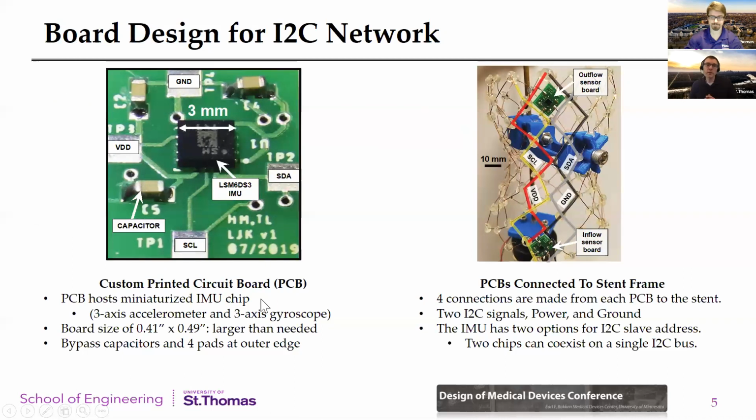I'm Lucas Koerner, an assistant professor in electrical engineering, and we used IMUs for mobile phones because they serve our purpose well since they're miniaturized, low power, and have an I2C interface. To demonstrate our concept, we designed a custom circuit board that hosts a 3-axis accelerometer and a 3-axis gyroscope. In addition to the IMU, we have bypass capacitors and connections to that frame. The board size is less than half an inch on each side, and was actually larger than needed for the electronics because it just needed to fit in this 2:1 scaled stent